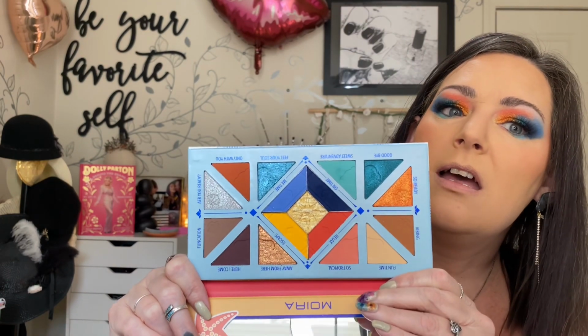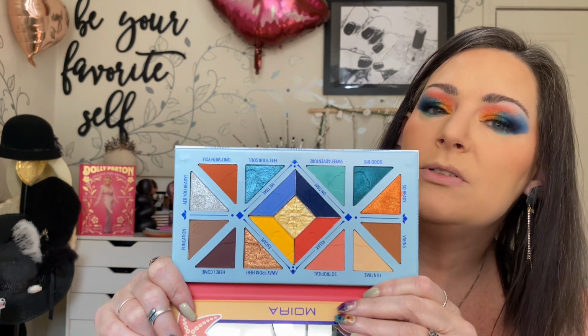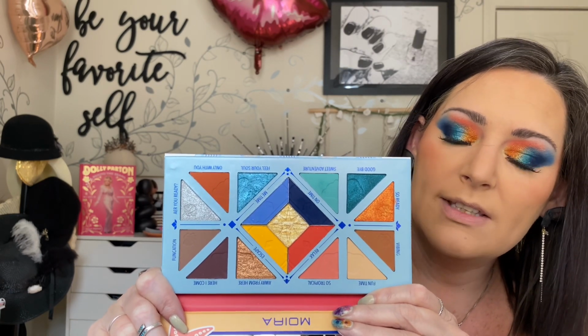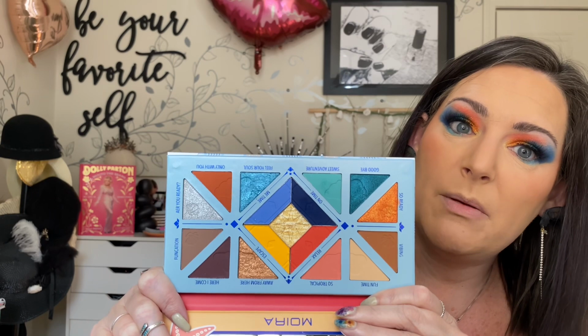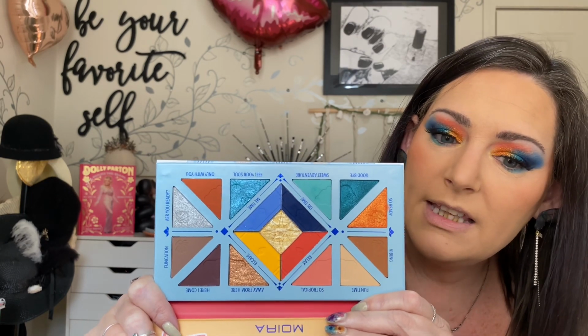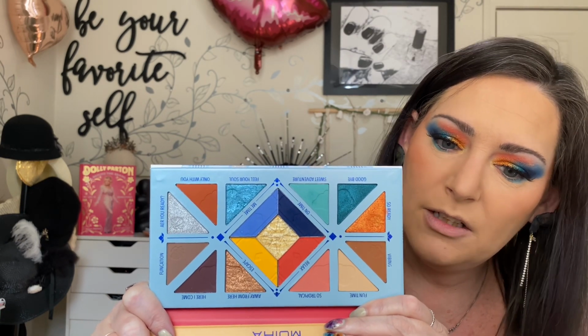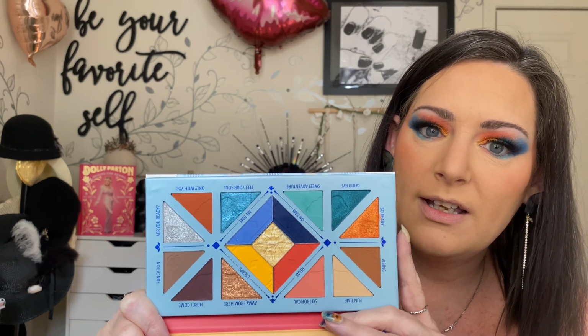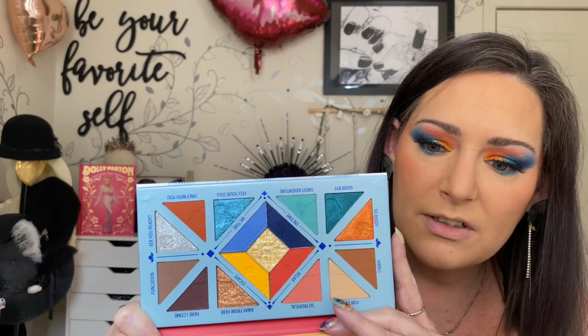As for this palette, I used the light blue, the dark blue, and that kind of melon shade in the center. I used that very center shade on my inner corner. And then I used those two metallic-y blue-green shades and the orange one up here. These are all very good. I didn't really fuss too much with the neutrals because I feel like neutrals are pretty easy to do. Anyone really does a pretty good neutral, so